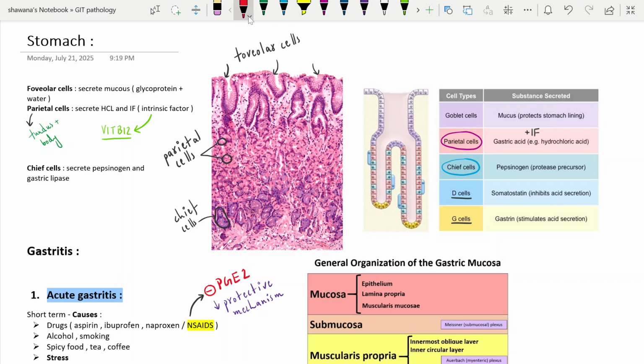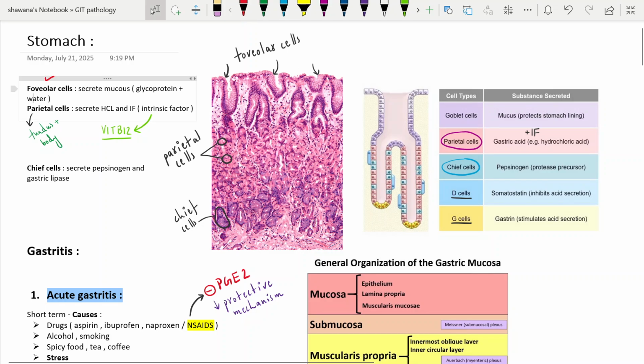Basically, the first kind of cells are foveolar cells, or we can call them goblet cells, and they secrete mucus, and the mucus is nothing but the combination of glycoprotein and water. The second type of cells is the parietal cells, and parietal cells secrete our main gastric acid or hydrochloric acid, and also the intrinsic factor. And intrinsic factor is also known as Castle's factor, which is required for the absorption